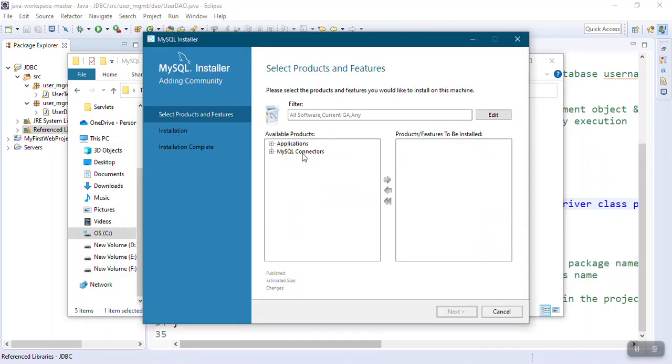Here you see MySQL connectors, expand this. You see connector J, expand it. Connector J is a Java connector. Okay, connector J again 8.0, expand it, and you will see 8.0 point some version number depending upon your MySQL